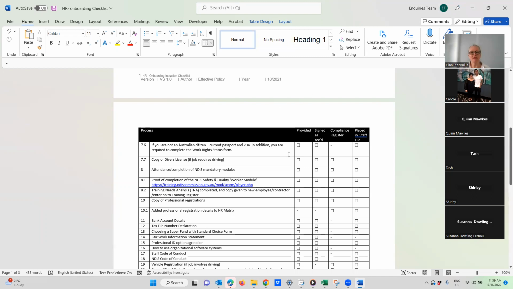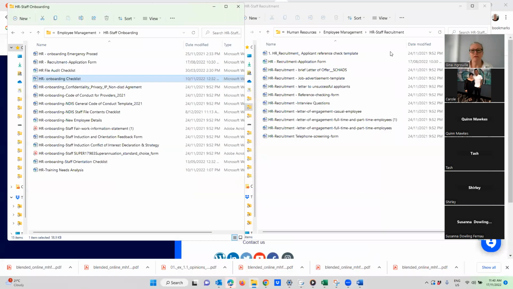The other thing we'll want to see in your file too, of course, but it's not on onboarding, is that you would set it up so that you've got notes, so that you're able to keep private notes about your client as well, about their performance, etc. But it's not an onboarding, that's for sure. So that's our onboarding checklist, which is really helpful. Now let's look at the other stuff around onboarding.